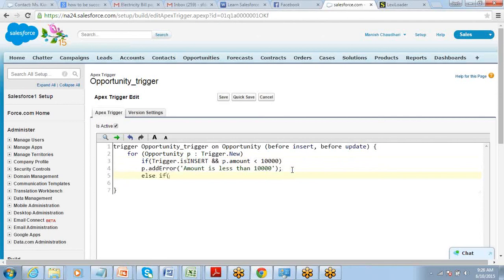Else if Trigger.isUpdate, same way, and amount less than 20,000, then p.addError.